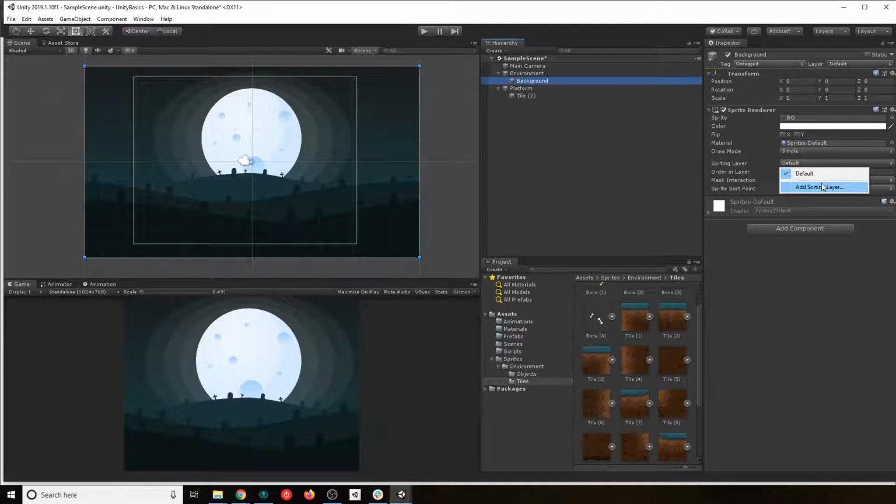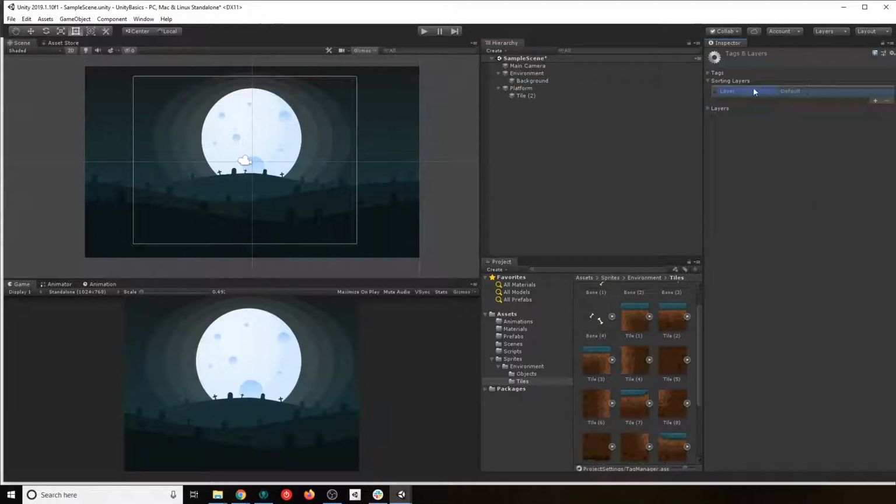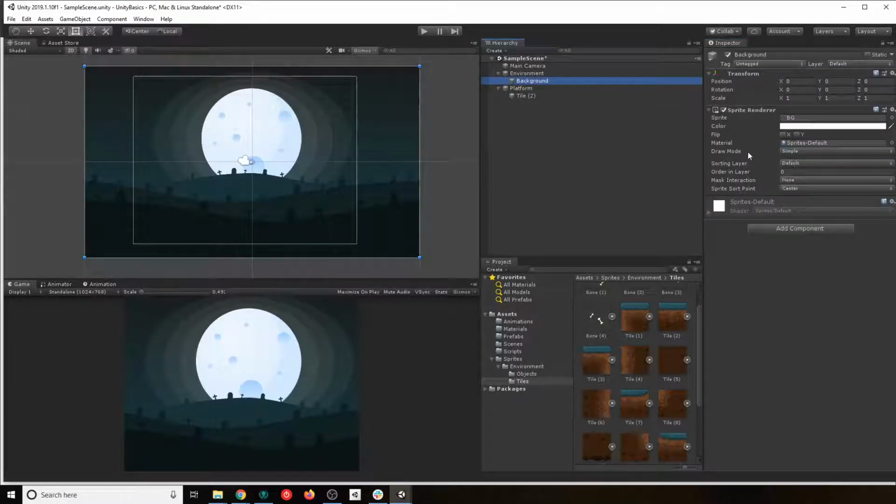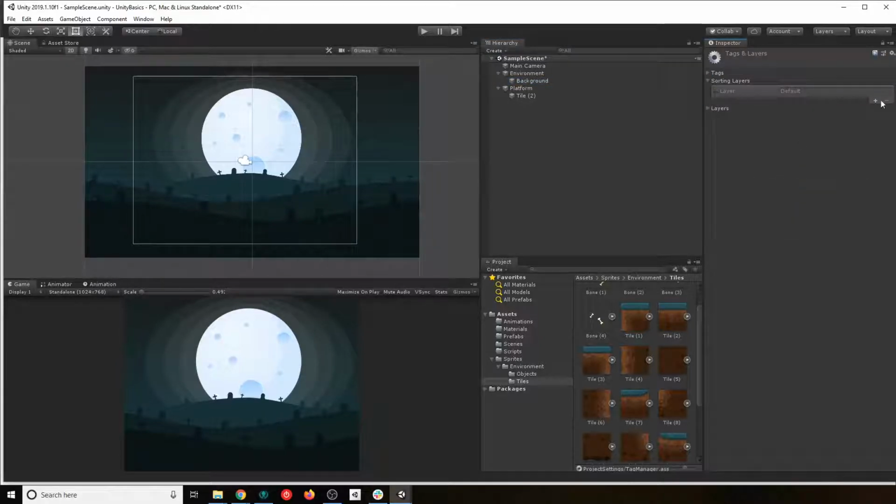So I'm gonna go and create more. If you just missed that, I have here default. I can go in add sorting layers, and I can click this little plus button, and I'm gonna say background. So I have my background layer. I'm gonna create another one. I'm gonna say tiles.